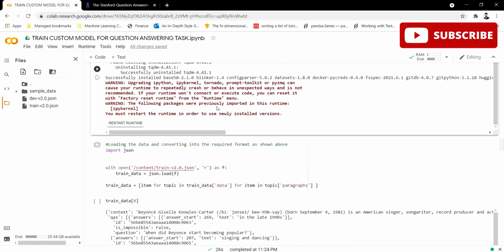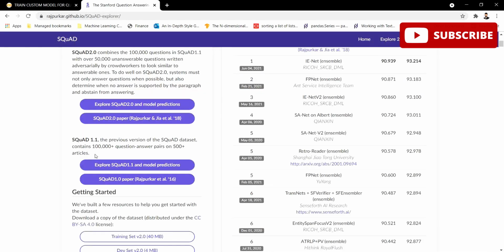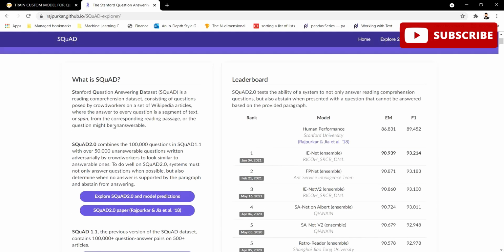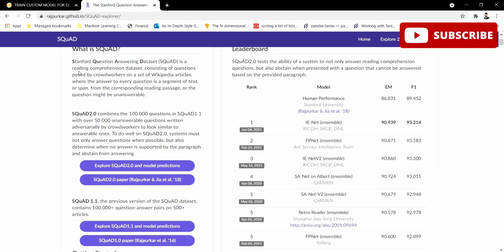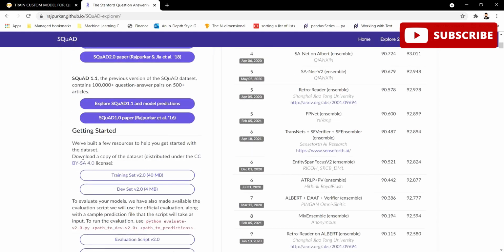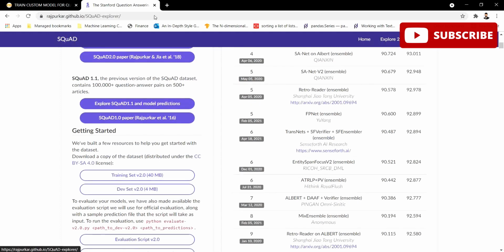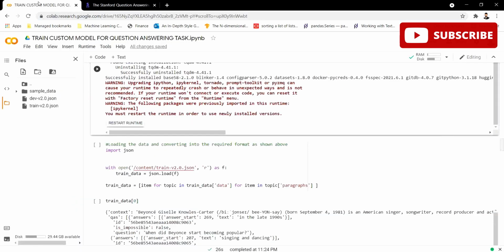For this particular tutorial, I'm going to be using the Stanford Question Answering Dataset, which is a benchmark dataset that researchers generally take to test their models on and check the performance of their model. So this is a dataset which is generally used in research fields. We are going to use this as our training data. I am going to download this training dataset and test dataset from this particular site,